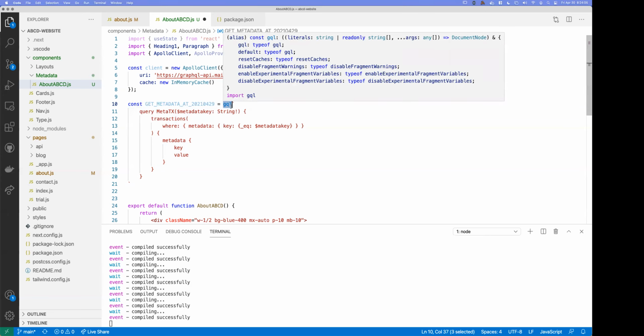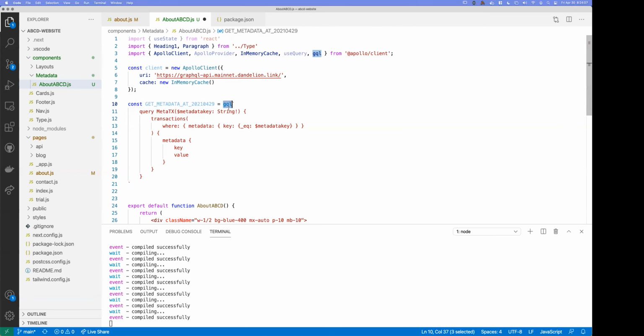Basically, and you'll see this in the documentation for Apollo Client, how GQL works, this allows you to set up names, references to any number of queries, and then to use those throughout your app. We don't need metadata to be a variable here. We want it to be directly